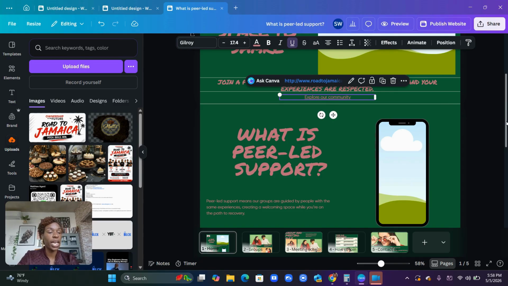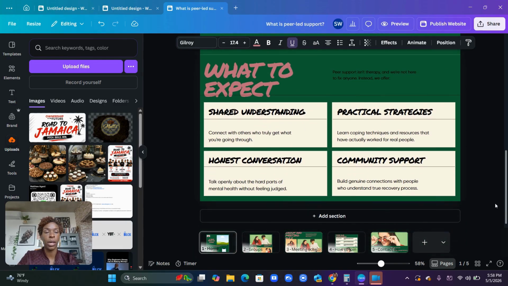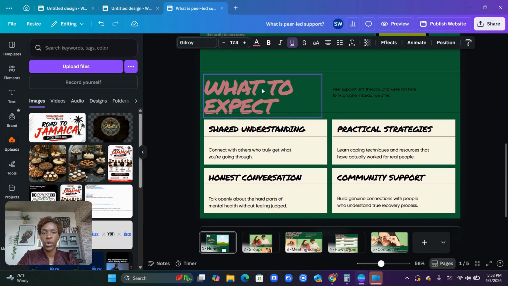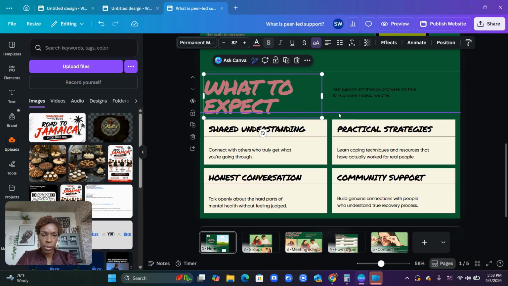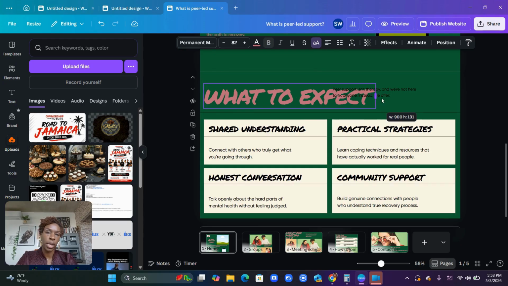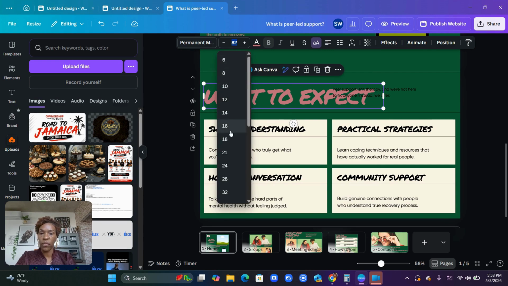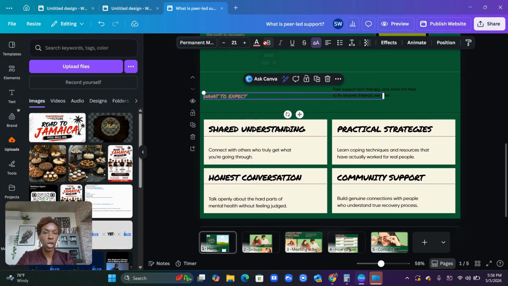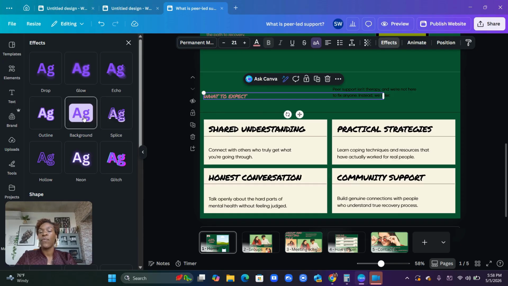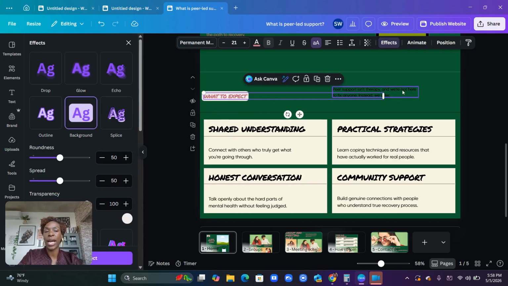And so you made a link. If you want to change positioning, let's talk about this, for example. You see how the lines are over it. Again, you can extend it out to be like this. You can make the fonts smaller, larger, more emboldened. Effects is essentially putting a background